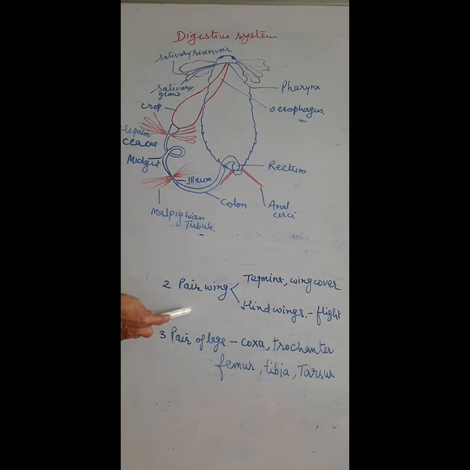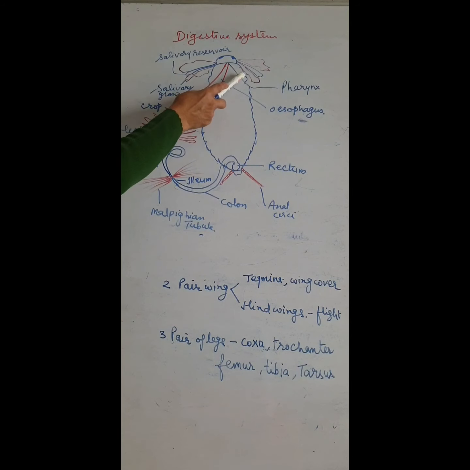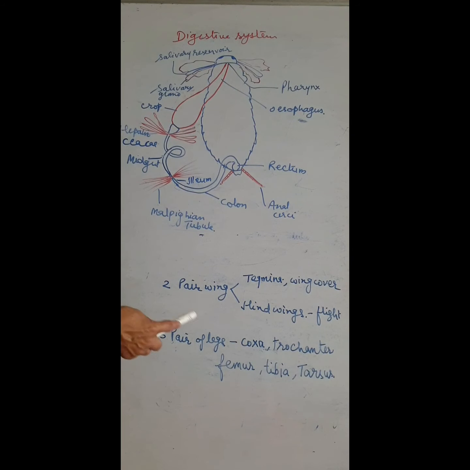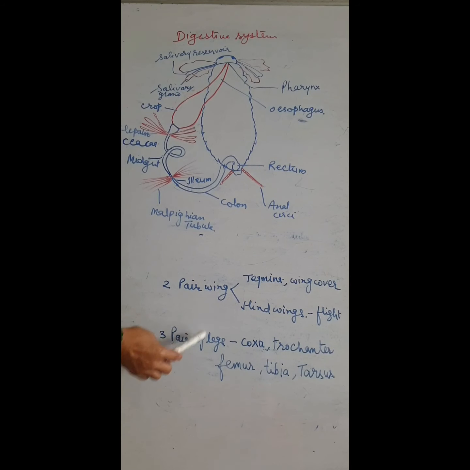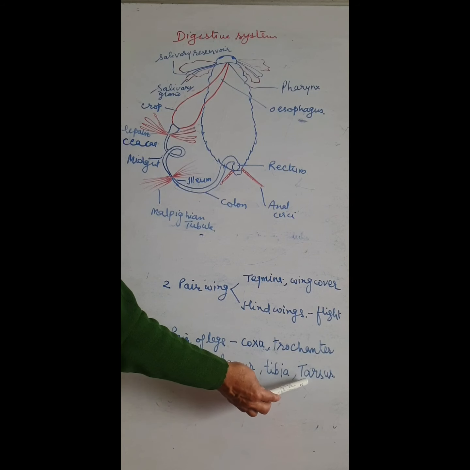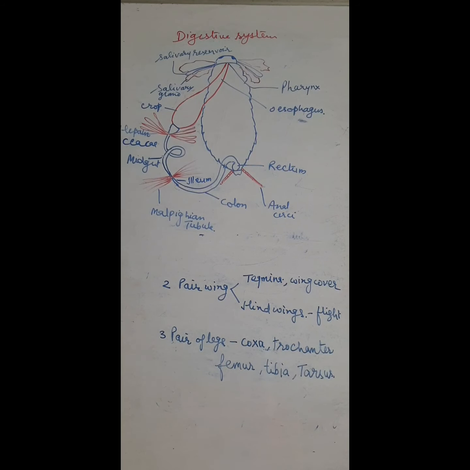The forewings arise from the junction of pro and mesothorax, and the hind wings arise from the meso and metathorax junction. The three pairs of legs are the prothoracic, mesothoracic and metathoracic legs. They are made up of segments: coxa, trochanter, femur, tibia, and the tarsals are 5. It has a chitinous exoskeleton, so it is resistant to most substances.